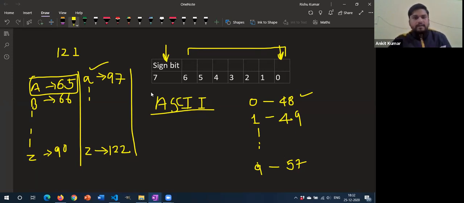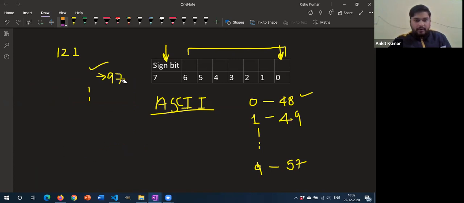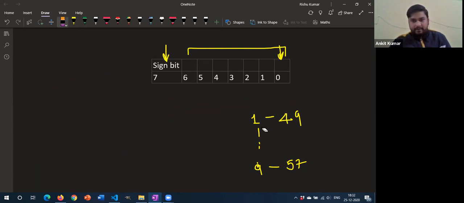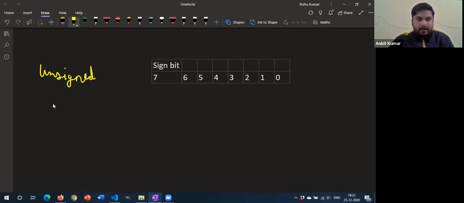Okay, now let us talk about modifiers, because now that we know about data types, let us talk about modifiers. Only then will we be able to make some programs, because they are very, very important. So what are modifiers? Modifiers are of two types: unsigned and long. So these are the two types of modifiers.